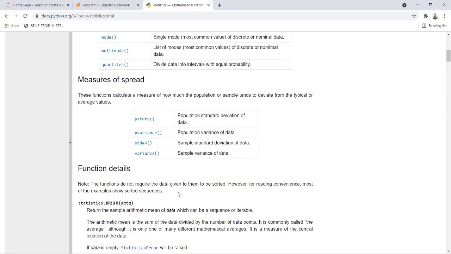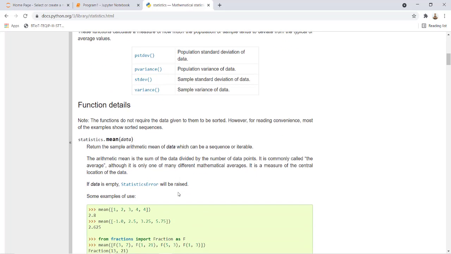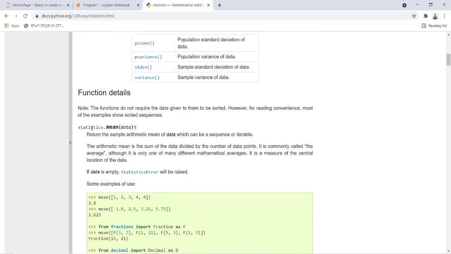If you want to see the description of all these methods, you can go to this link and see how you can use the mean function from this statistics package. You can use statistics.mean, and the given data is passed inside as a parameter.